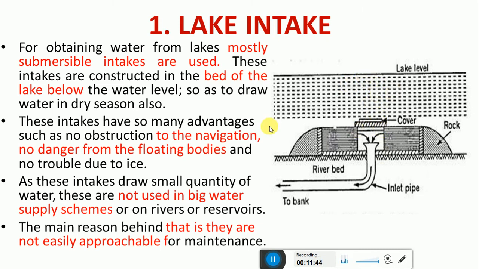Okay, so because of the submergence, this lake intake can also withdraw water during the dry season because it will be submerged, and also it will not have any problem with respect to navigation. Sometimes people also use lakes for travel or movement from one place to another, to ferry people and materials. So in that case it will not pose any risk whenever the water body is used for navigation purposes, because it will be submerged.